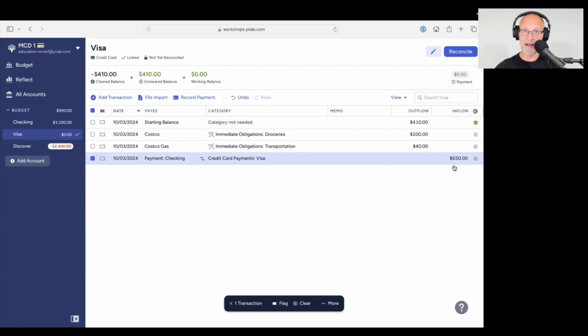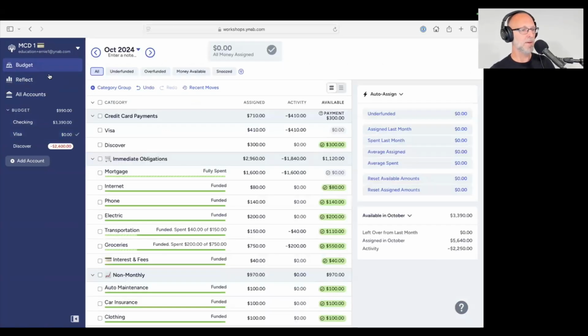So here's where we stand with my Visa. I now owe them $0. And then I click on the budget and I can see that I have $0 available for my next payment, which is perfect. This is the exact situation that I want to be in. I wanted to take all the money that I had set aside for Visa and send that as a payment to reduce my balance to zero. All right, let's record that payment